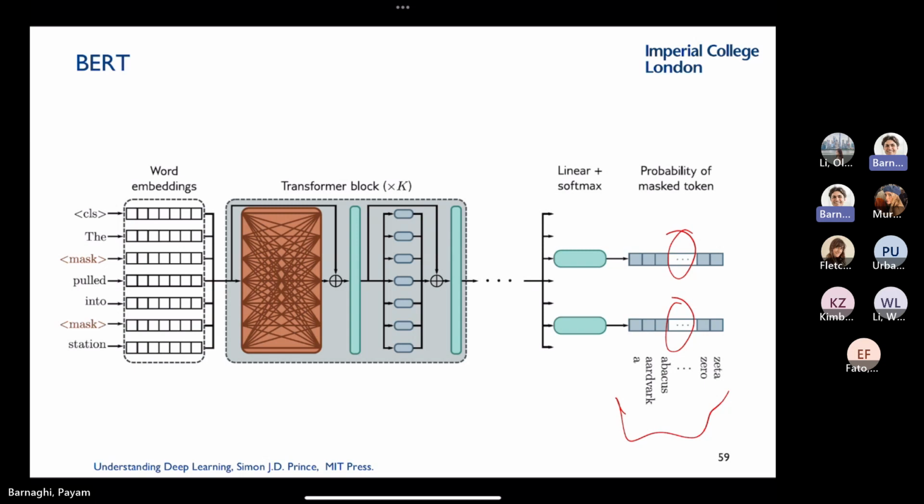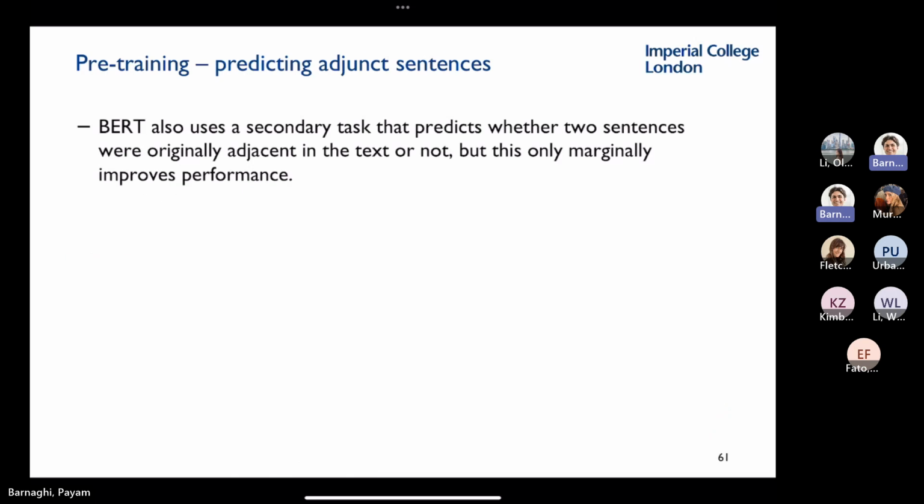The problem is that you train them all in parallel. You give the sentence in parallel, and each of these layers sees one of the missing words. In reality, you might leak the words from one to the other. There are some engineering ways BERT tries to avoid it. But as I said, BERT was also given a secondary task: predicting whether two sentences were originally adjacent to each other. BERT was trained not only to predict missing words, but also to predict what would be the adjacent sentence. But in reality, it didn't improve the task much.